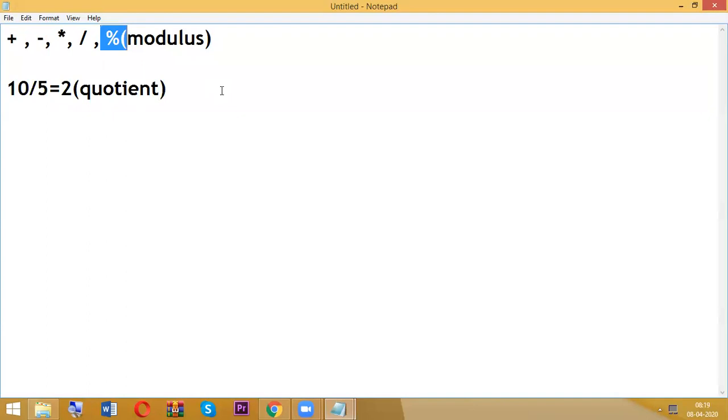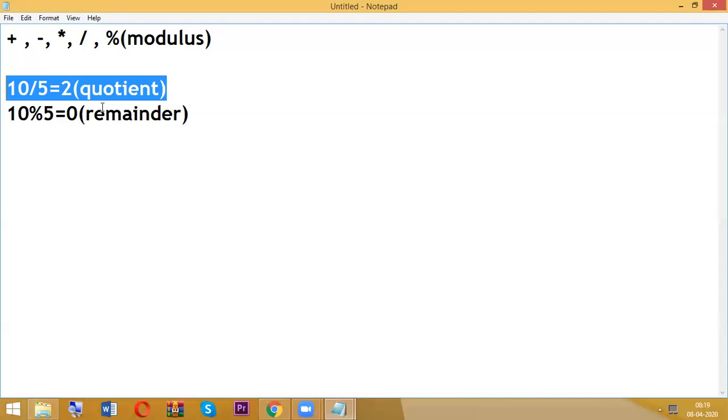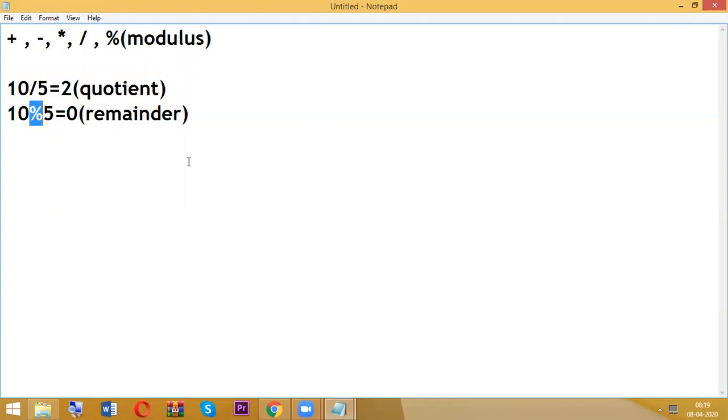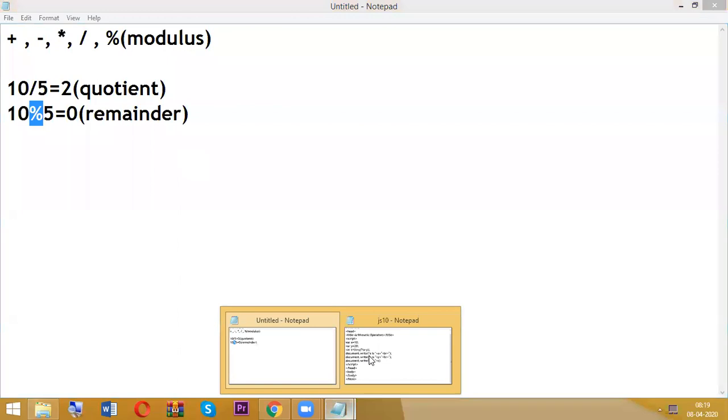Whenever we are using modulus, 10 modulus 5, the result is what? 0, nothing but the remainder. Whenever we have division, the quotient is 2. Whenever we have modulus, the remainder is 0.